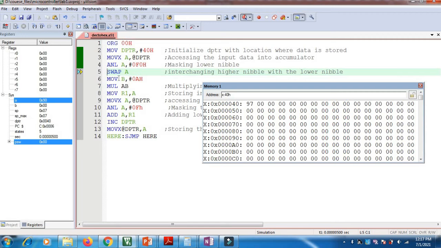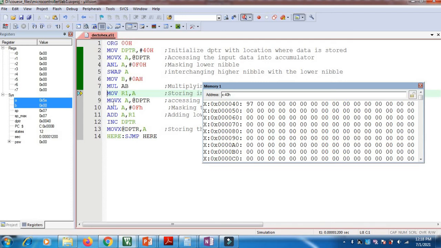Now 90 is there, and after executing this instruction it will become 09. Next we multiply 09 with B, right? Now A got 5AH, that is the lower byte result of our product, and the higher byte is 0.